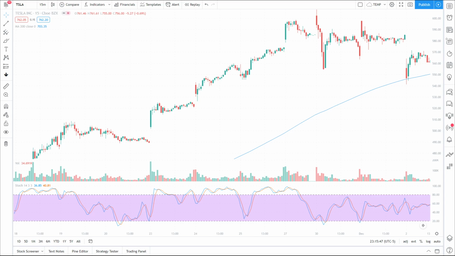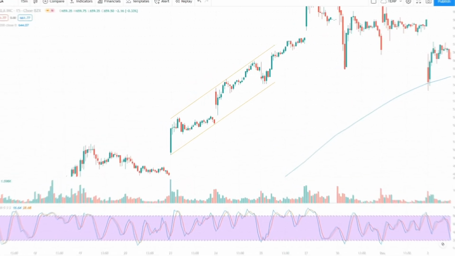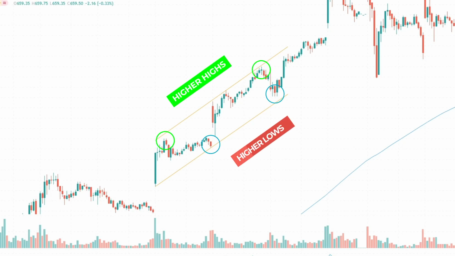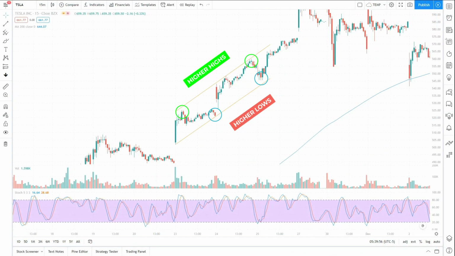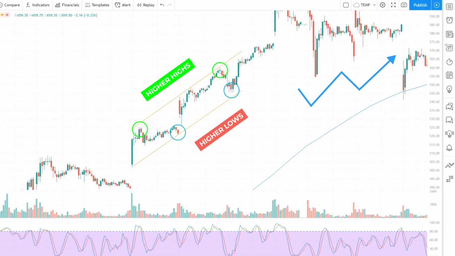Here is an example of price trending higher on a chart. An uptrend is most simply defined as a series of higher highs and higher lows. Within any trend, we can identify multiple different waves of price movement. Each wave is made up of two cycles, a cycle up and a cycle down. How many cycles can you see on this chart? I can count 4 cycles. The cycle ups are highlighted in green and the cycle downs are highlighted in red.